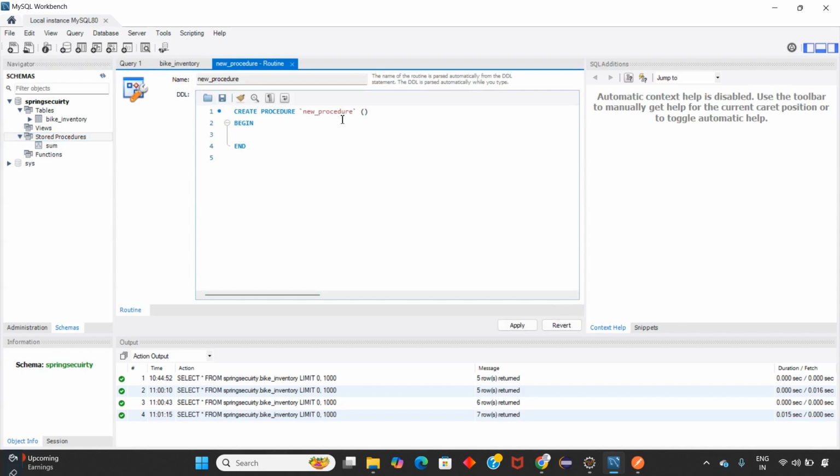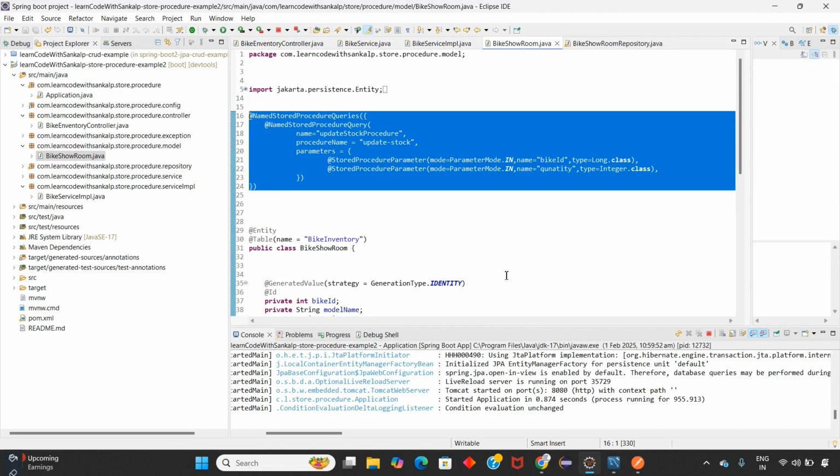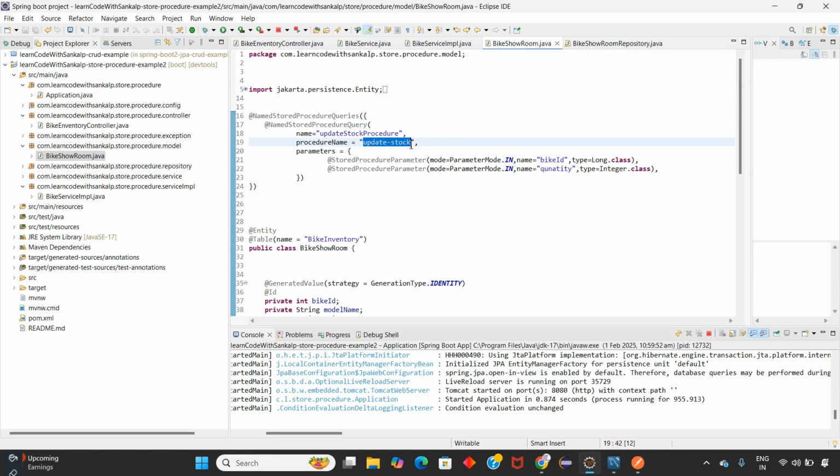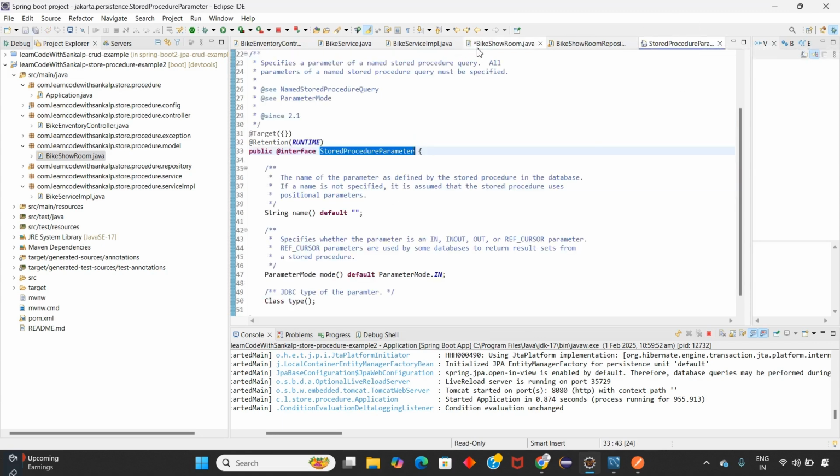Then here you can give the name, like our schema name. Firstly, spring security dot update stock. Okay, and next we have to do the same here: update stock. Here you can give the same name like this. And next we have to